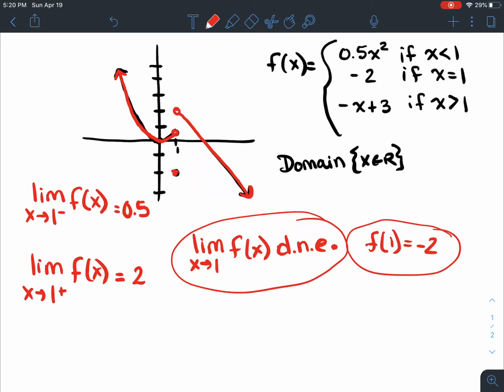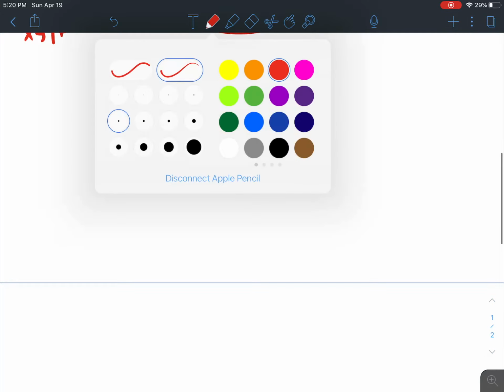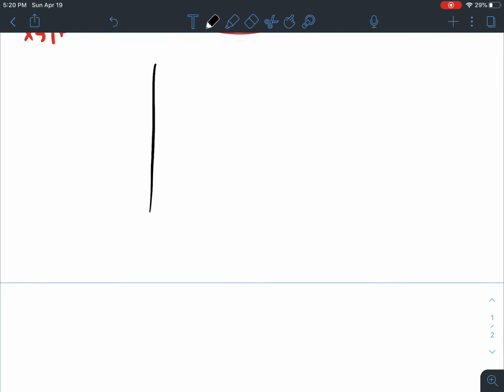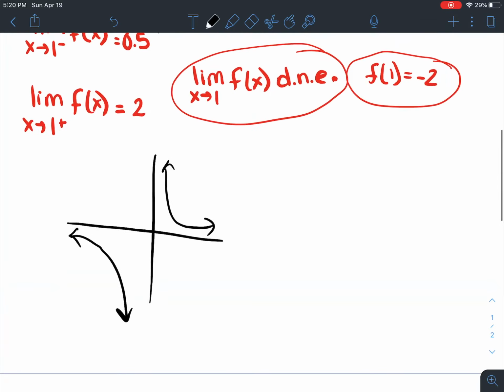So there you go. Just one more comment on continuous functions. We talked about rational functions, and those are types of functions that have asymptotes. They're also a type of discontinuity. This one's called jump discontinuity, and this one's called an infinite